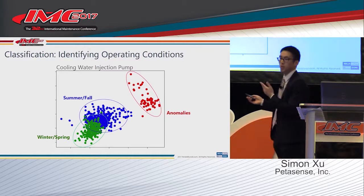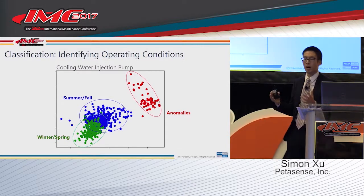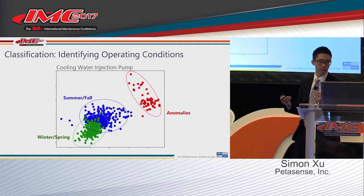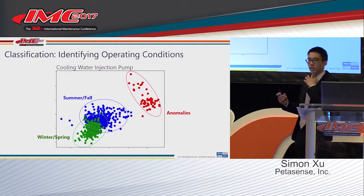In the location where this pump is located, in the winter and spring, it doesn't have to work as hard as in the summer and fall, so the values end up being a little bit higher. But these are both normal operating conditions of the pump. And that's something that band alarms can't necessarily capture. Meanwhile, these over here are actual anomalies. I think this one was actually